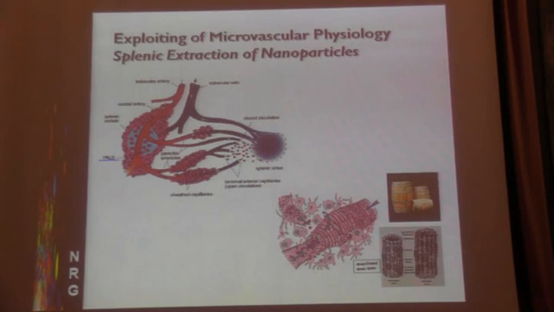That is in the red pulp and in the marginal zone, in human and also in the rat. Then you have the venous sinuses. These are endothelial cells, but there are gaps between the endothelial cells of around 200 nanometers. So the red blood cells, which are throughout the tissue, can squeeze themselves through these gaps because they're highly deformable. And we reasoned that anything which is rigid and cannot squeeze through these gaps should